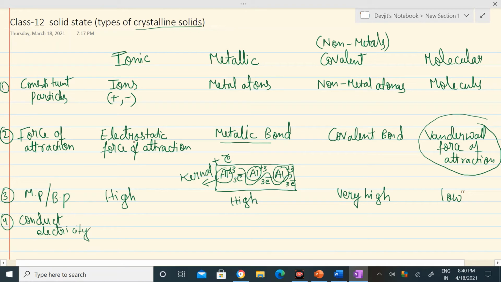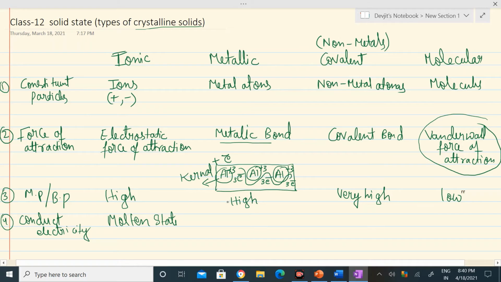See, here is one trick, that the ionic solid conducts electricity when they are in molten state. Why? Because when they are in solid state, the positive and the negative ions are held very strongly with each other. So there is no free ion. Electricity is conducted by free ions and by electrons. When I don't have electrons and also not having any ions, how will the conductivity be possible? So when they are in molten state, there is less force of attraction between two constituent particles of ionic solid. So now they are a little bit free to move, and when they move, they will conduct electricity.